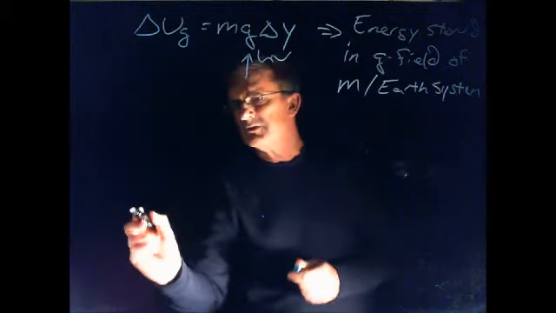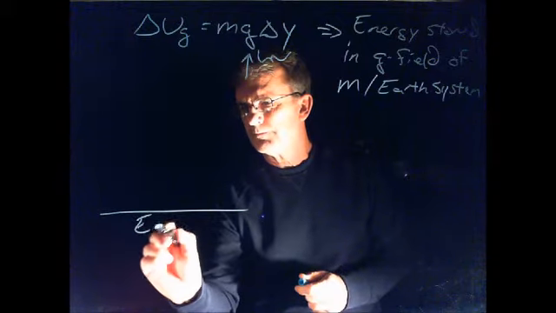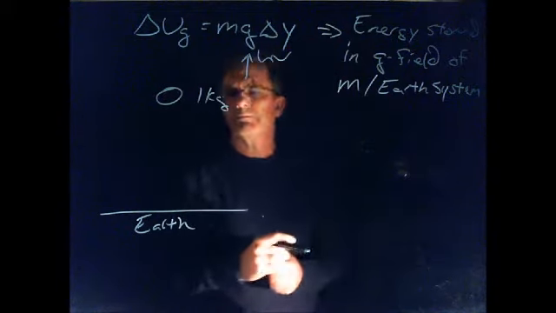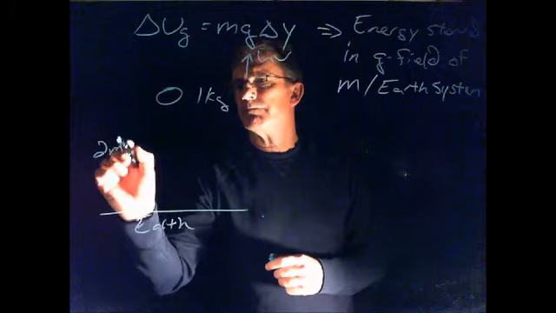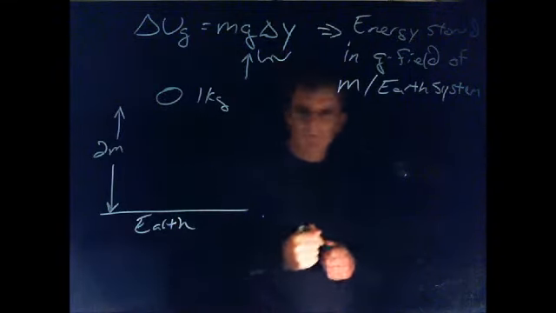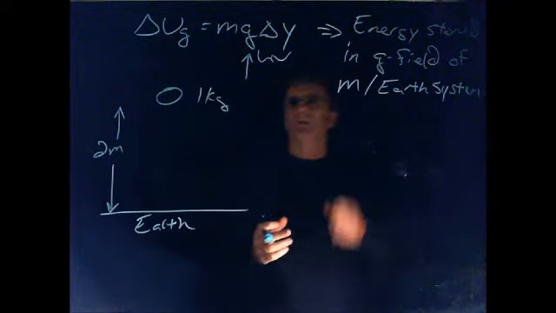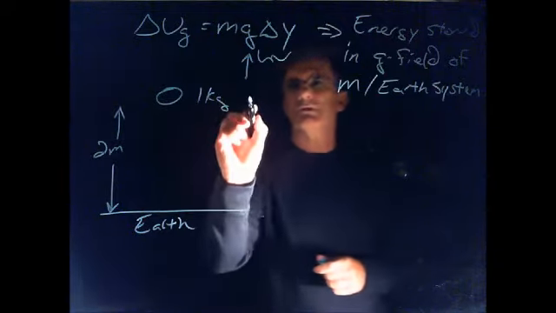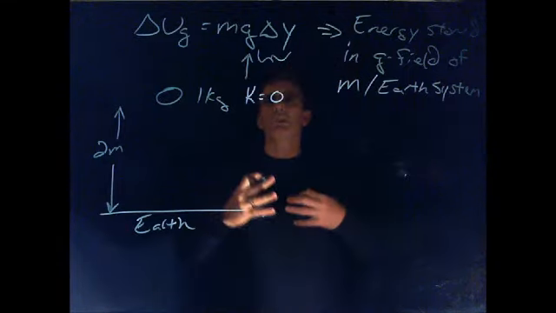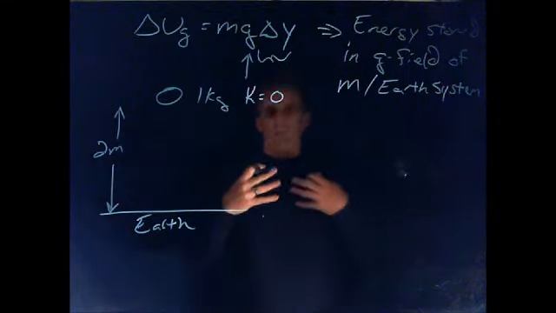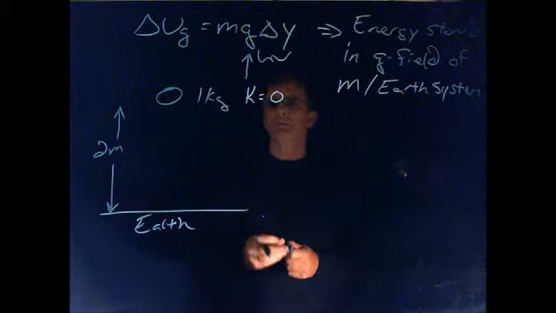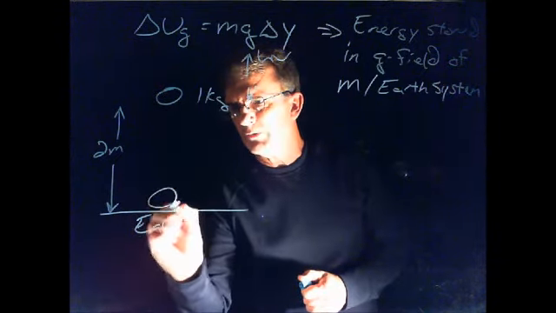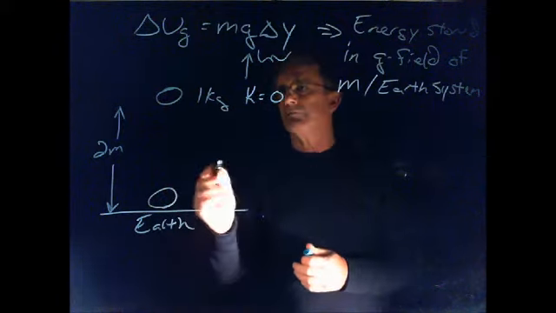So let's just look at a situation, and we have the Earth, and we have a ball that's a 1 kilogram mass, whatever, and it's 2 meters above the Earth. If the ball is just sitting there, and we're holding it up there, it's not moving. The ball has no kinetic energy. When we let it go, the ball starts falling. Obviously, it's picking up speed, it's being pulled down. Since the velocity is increasing, its kinetic energy is increasing, and right at that point, right before it hits the Earth, we have